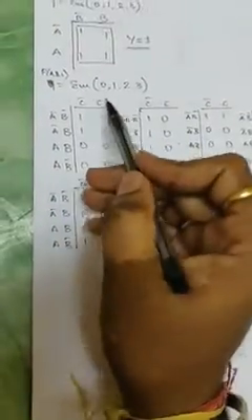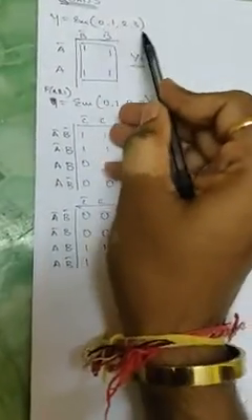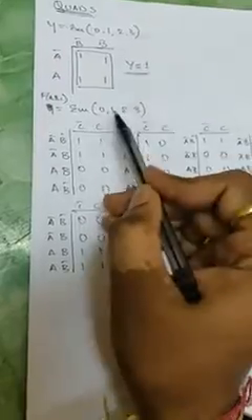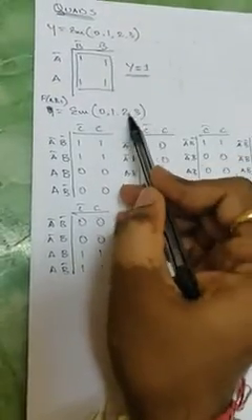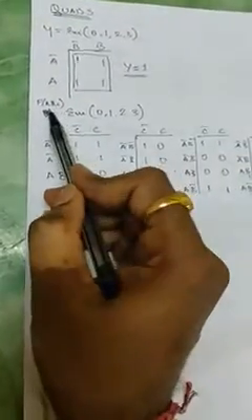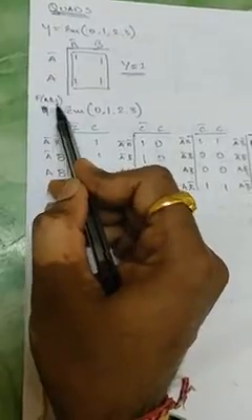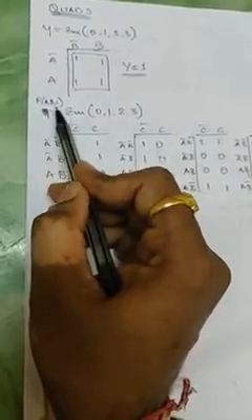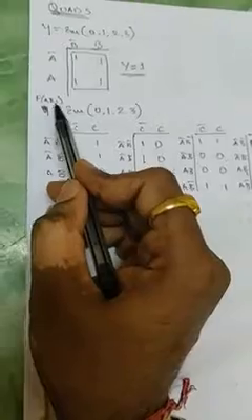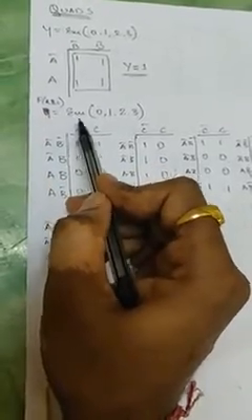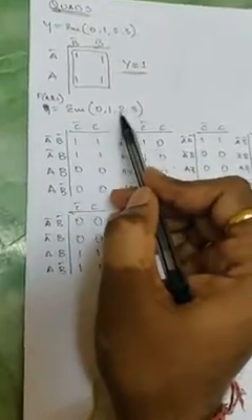Okay, coming to the 3 variable k-map. Look at the min terms 0, 1, 2, 3 with respect to 2 variable, and look at this 0, 1, 2, 3, both are one and the same. But look at this question, they have specified f of a, b, c. When they specify 3 variables, it is understood that this is a 3 variable k-map. So fill the 3 variable k-map with these min terms. So a 3 variable k-map looks like this, right?